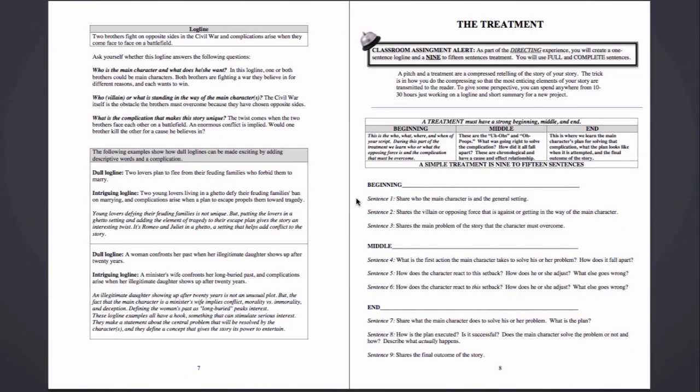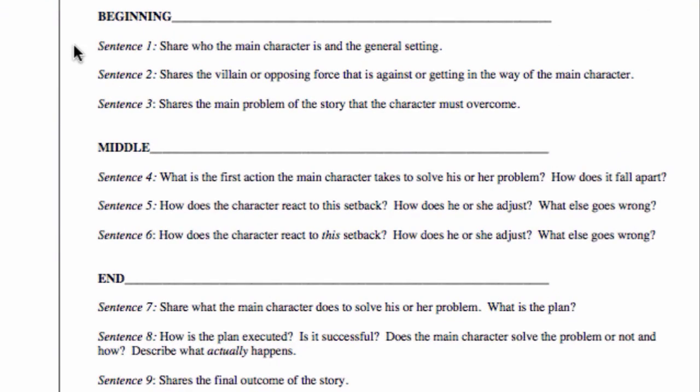If you've read your treatment and you now have some ideas of how you'll turn your treatment into your screenplay, you may want to go in and flesh out those moments that will get your character from one place to another as he or she solves his or her problem. If you have some ideas of some of the scenes that you now want to include, you can go into your treatment and add some more sentences, or you could even add bulleted lists of some of the places that your character will go on his or her adventure to solve the problem.